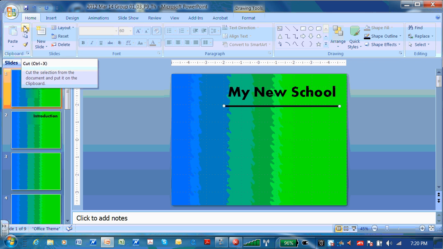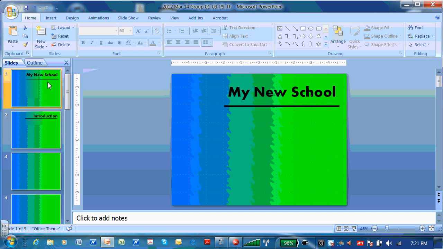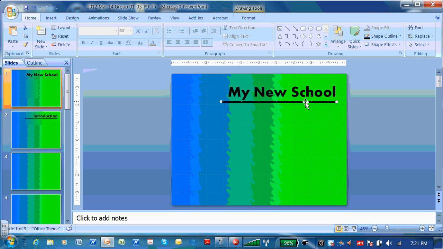This is cut, that's copy, and that's paste. I personally just use Control-C for copy, come over here, Control-V for paste. You can do it any way you want, but I really think that to be consistent, so I'm just going to move it so it all lines up. And I'm going to come back to the first one, do the same thing, and just line it up there. You can see the measurement, and